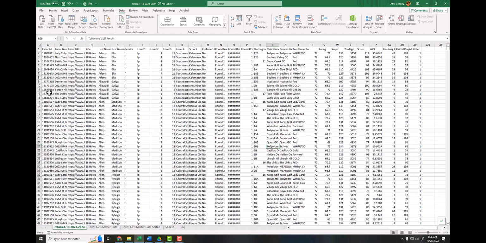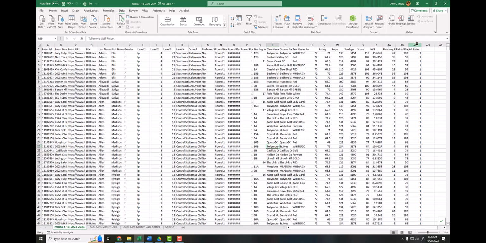The rows that I talk about, if you're not familiar with spreadsheets, go sideways. The columns go up and down. First thing you want to notice as you go through, you've got the event ID, the event name, everything up here. Level 1 is obviously Lower Peninsula. Level 2 is what division they're in. Level 3, you can break this down by regional. Level 4 is their conference, and then the rest of it is kind of self-explanatory, with the exception of Allstate